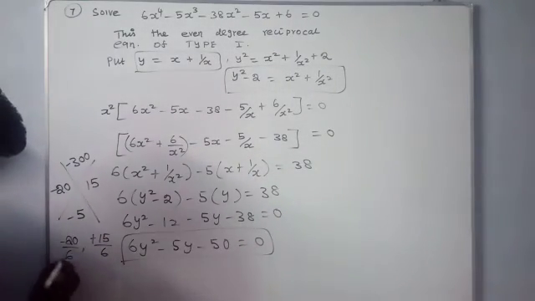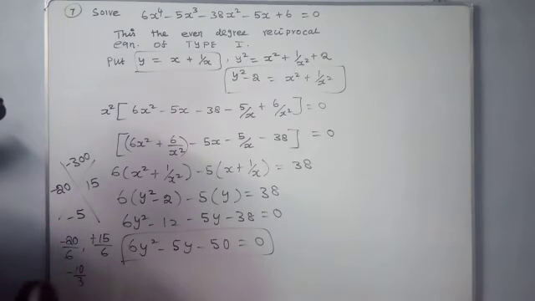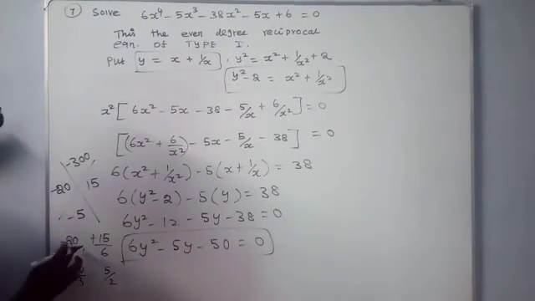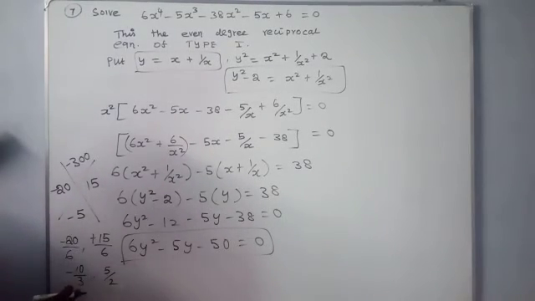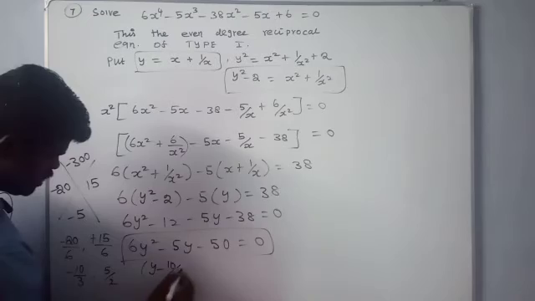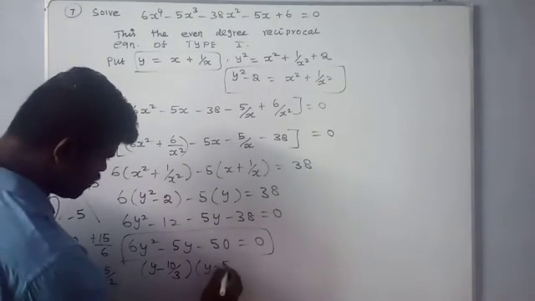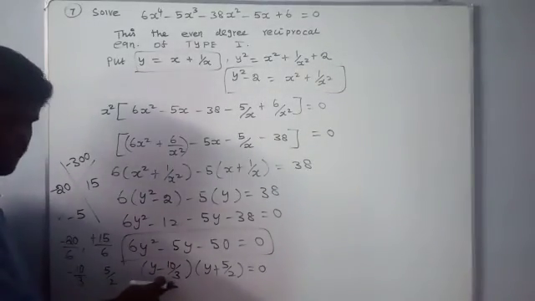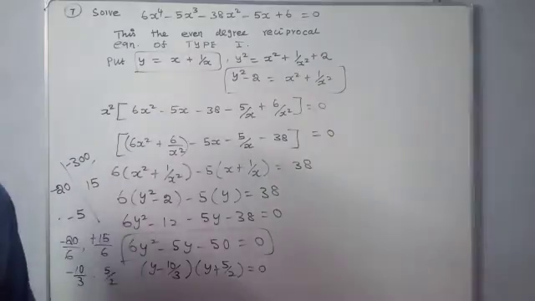And this term must be minus 10 by 3 comma, cancel these two terms by 3 table, 5 by 2. 5 3s are 15, 2 3s are 6, and here we want to cancel 2 table 10, 2 5s are 10, 3 2s are 6. Therefore the factors are y minus 10 by 3 into y plus 5 by 2 equal to 0. What are the factors? y minus 10 by 3 and y plus 5 by 2. Okay, right.